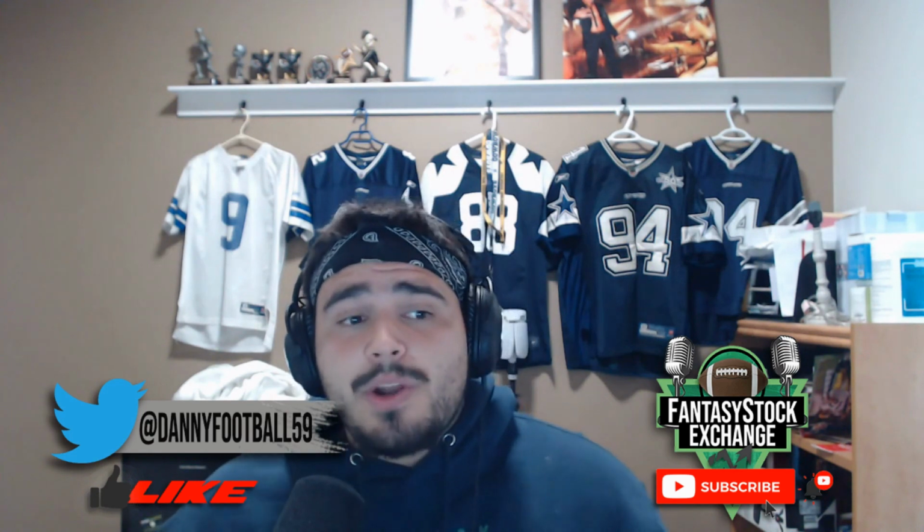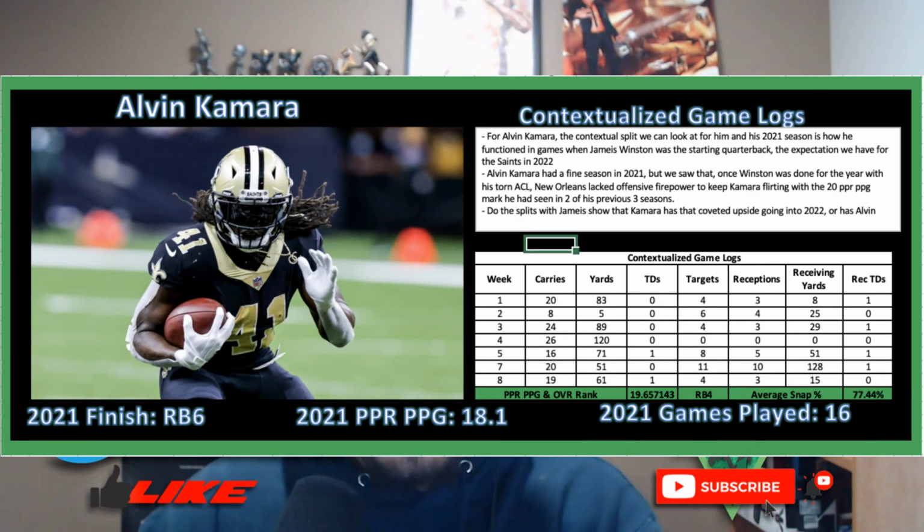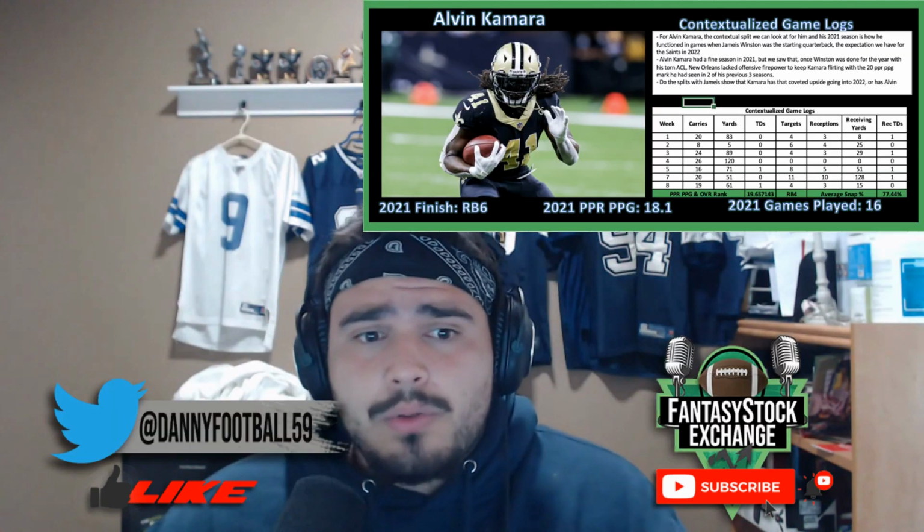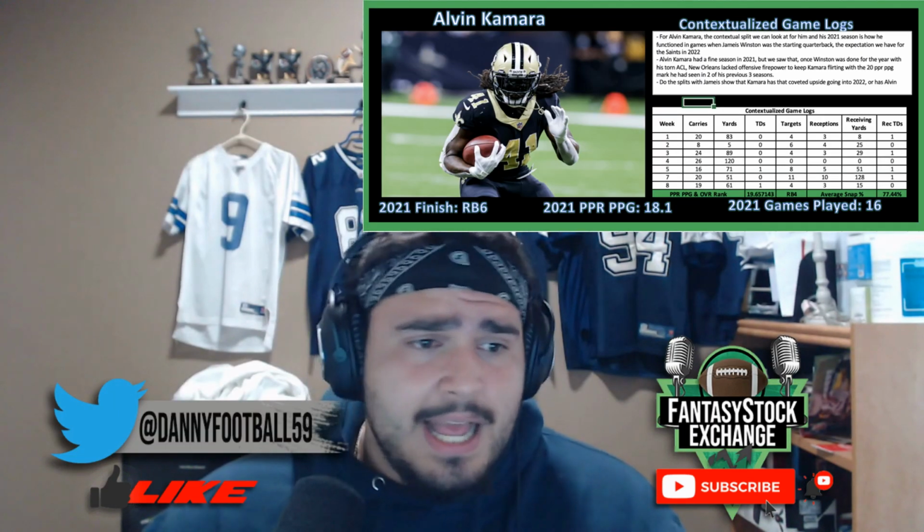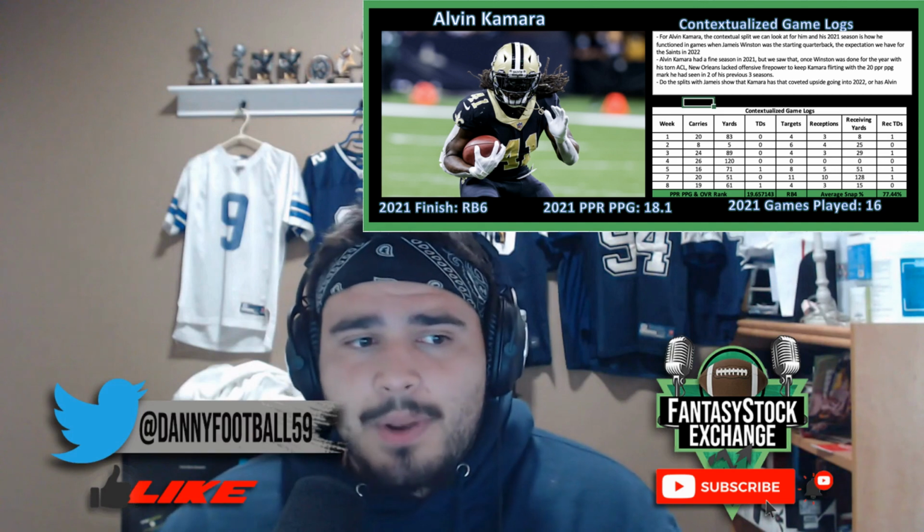The next player is going to be superstar running back Alvin Kamara of the New Orleans Saints. The reason why he's going at the 305 point blank is that we are not sure of his playing status. He may get 6 games, 4 games. He may play the whole season. We do not know over a dispute this offseason. So ultimately here, as soon as he gets announced, if he's announced tomorrow that he's expected to play for the full season, this guy's going to be jumping way back up in terms of ADP.